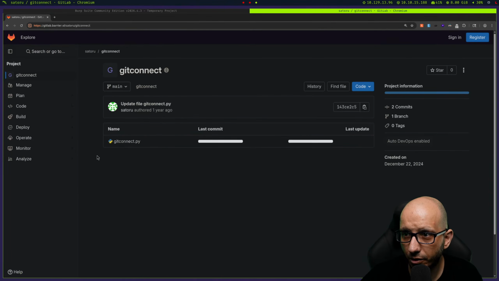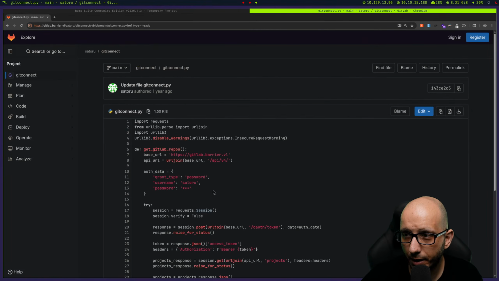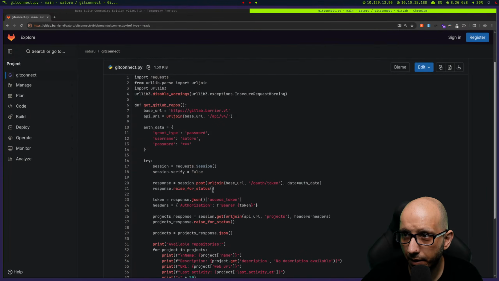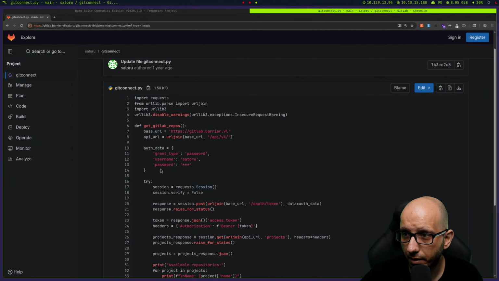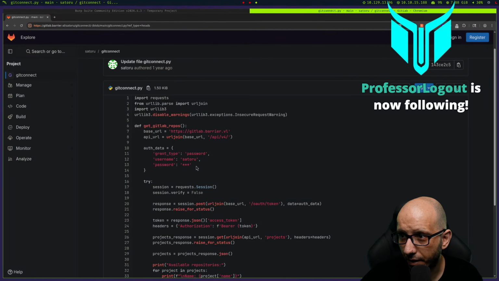It's called Git Connect, and it's a Python script to authenticate to GitLab. The actual code on the main branch reveals some information about an authentication for user Satoru, and the password